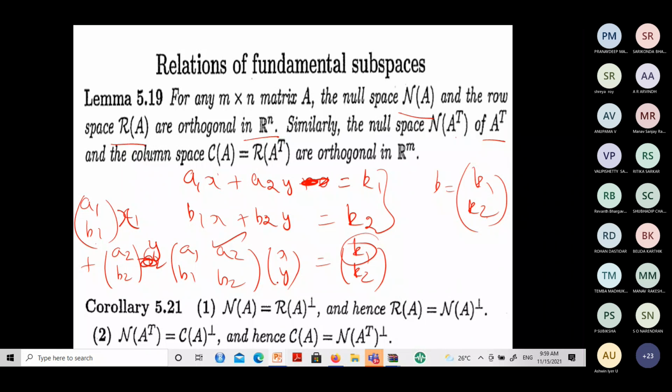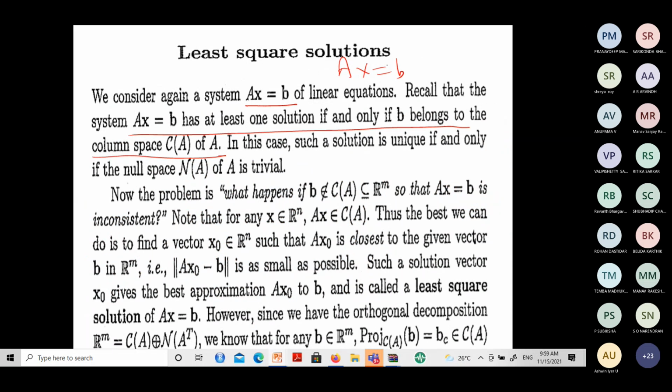You can observe, right? This is in the column space. If you multiply this by X and this by Y, it should be that K1 and K2. Your first value is K1, second value. Only then the system will have a unique solution. Otherwise, you won't have a unique solution. You won't have a solution, first of all. So, please look into it. Don't get confused. Just a theoretical thing.